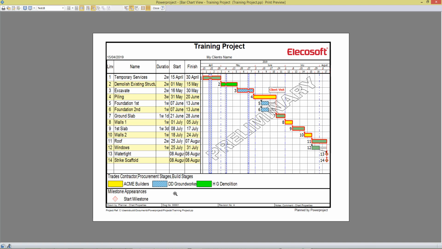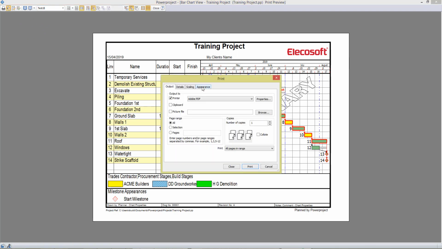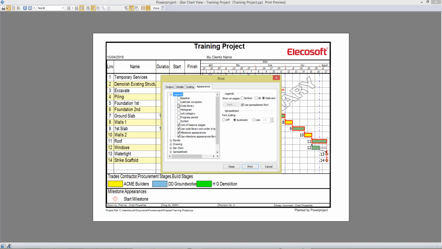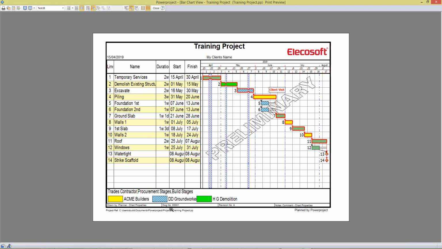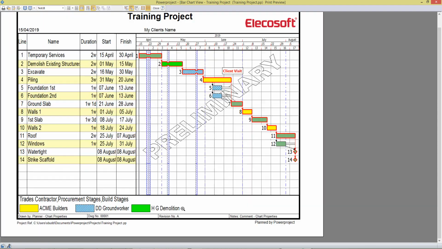Finally, to edit the legends and things we see at the bottom here, back to our printer settings, and we have the option to include legends in the appearance. So I might choose not to include the milestone appearance legends. I can close that and it will disappear from the border. And there are some further